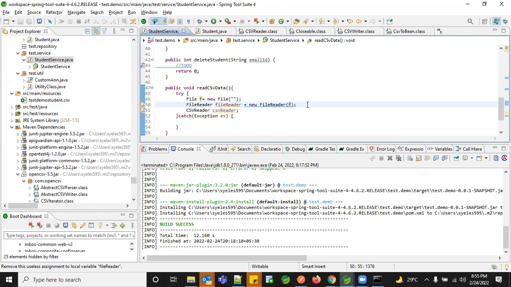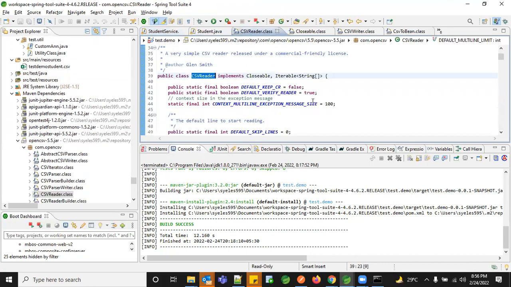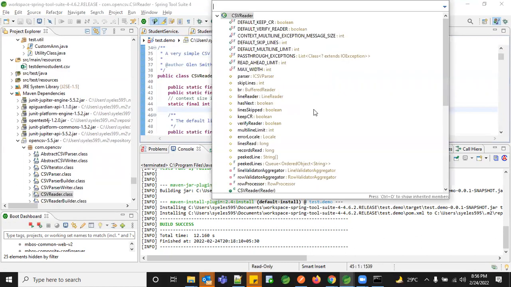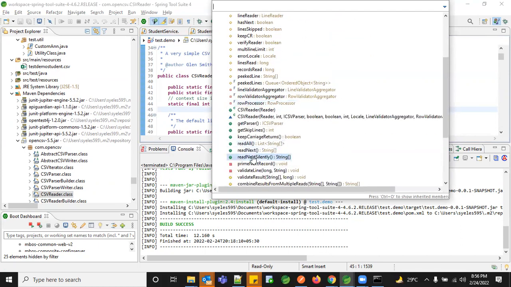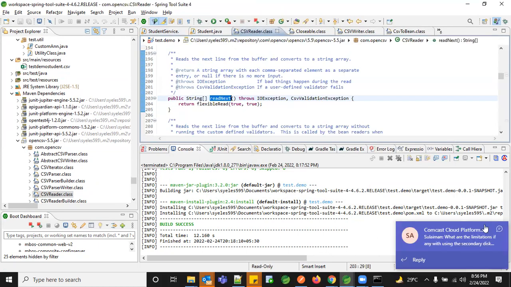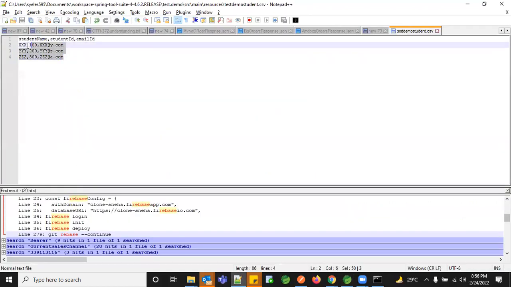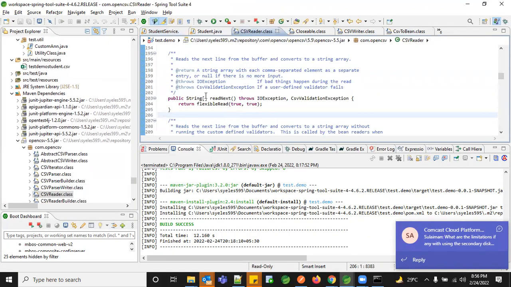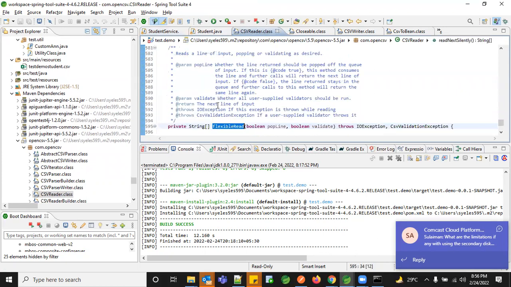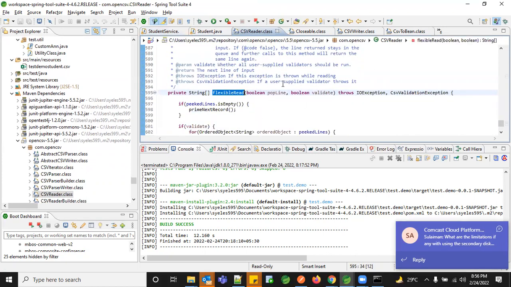So now let's go and create our own reader. In the CSV reader, we are going to use a method called read next. Whenever you call it, it will return an array of string data. Whatever CSV you have as part of this, it will entirely be given in an array format. And then after that we are actually reading it, like how you want to read.